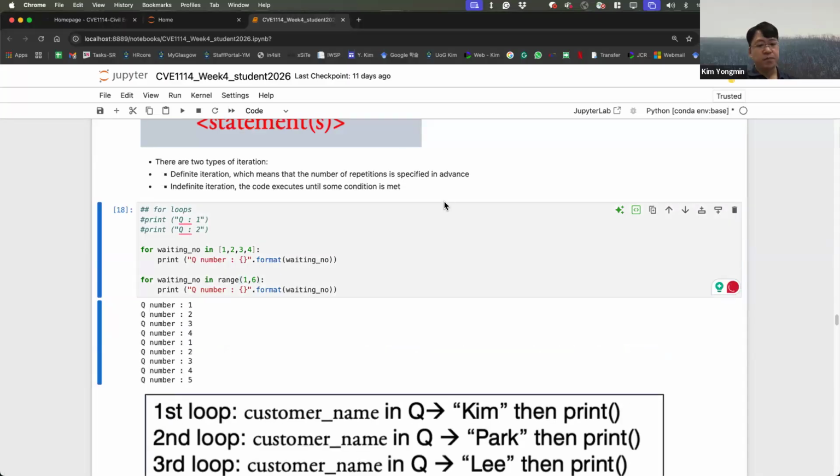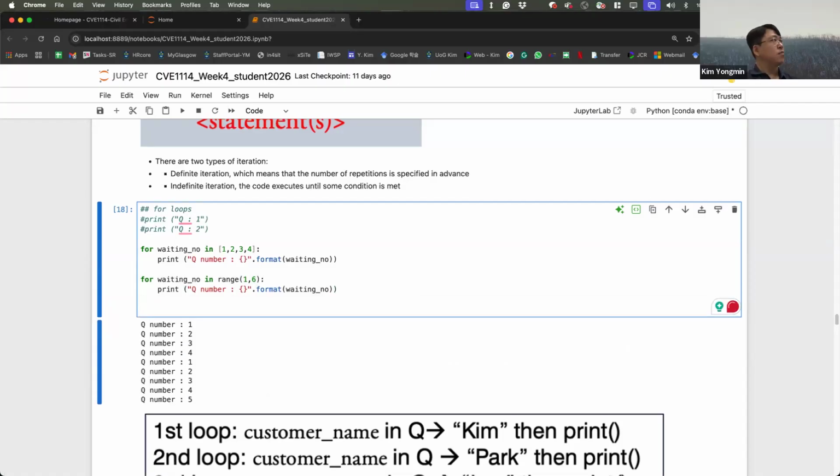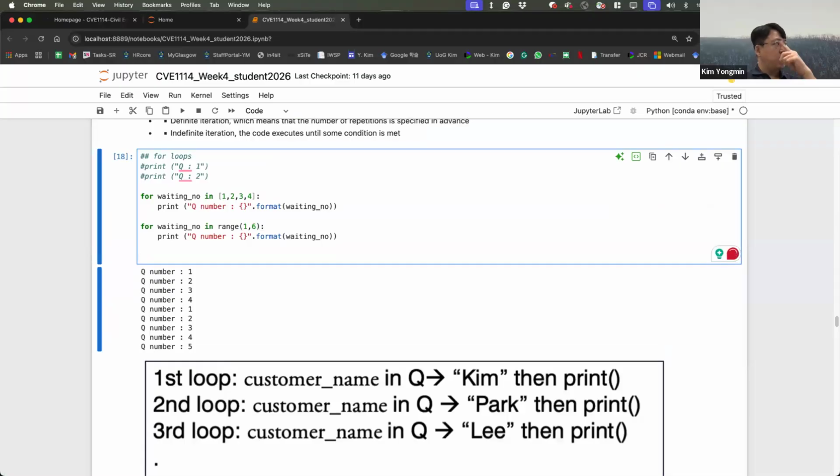Still the same. And then what about the Starbucks Q numbers? Following the figures. Your Starbucks Q number